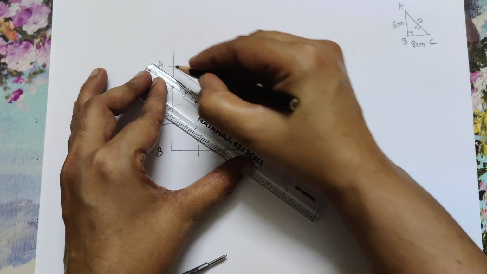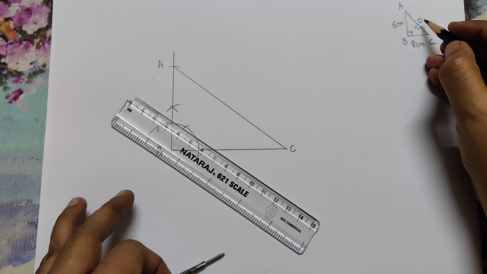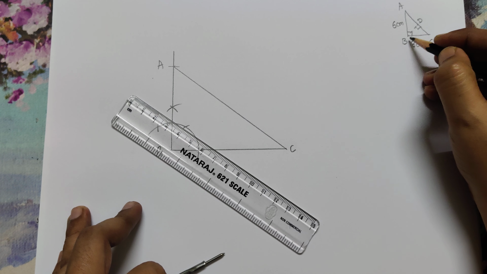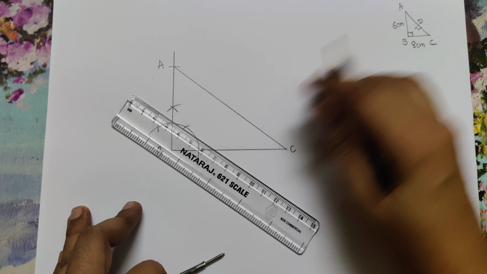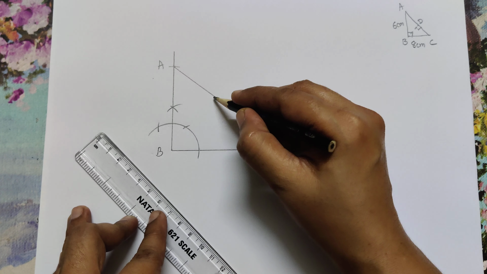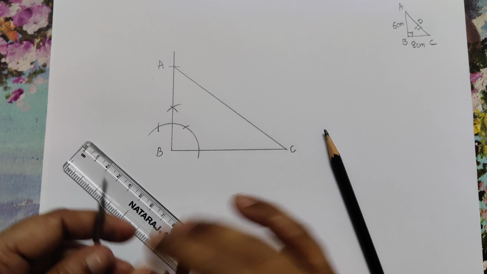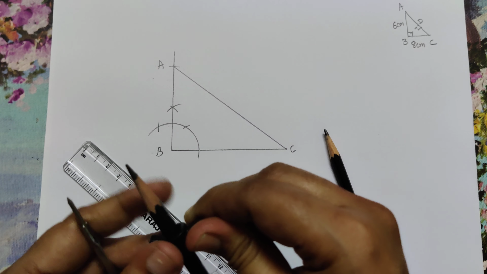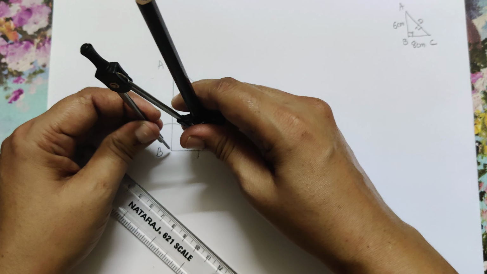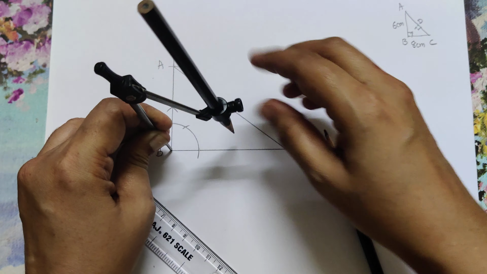Triangle ABC is complete. Now this perpendicular BD you have to draw, and this is a line segment perpendicular to AC and passing through B. So you can say for AC, B is an external point. From here you need to draw the perpendicular. And how to draw a perpendicular to a line segment from an external point, that you have studied in lower class. With that point, B is the point here lying outside the line segment AC.